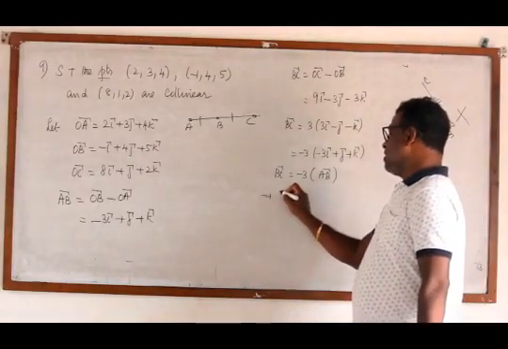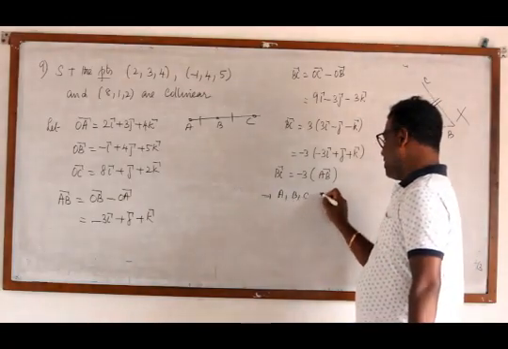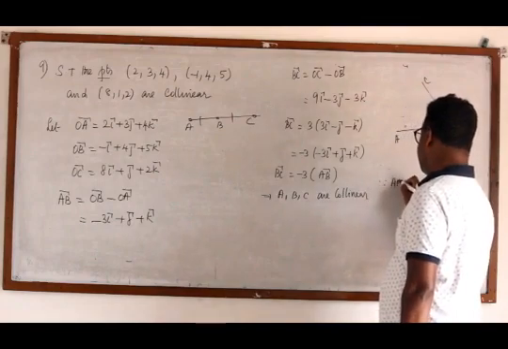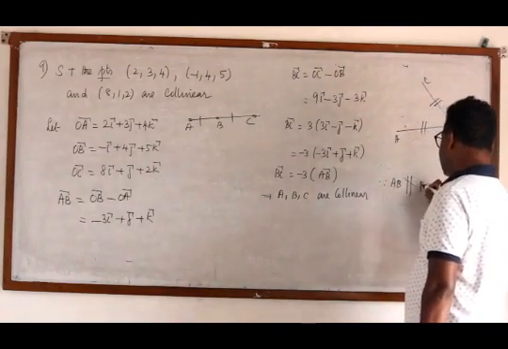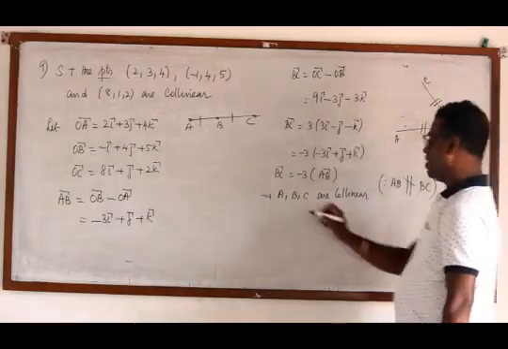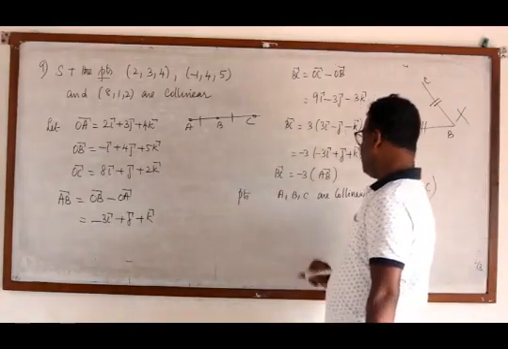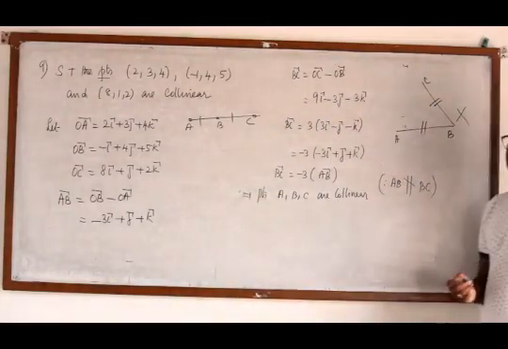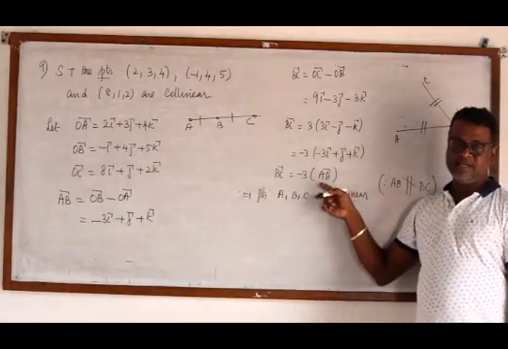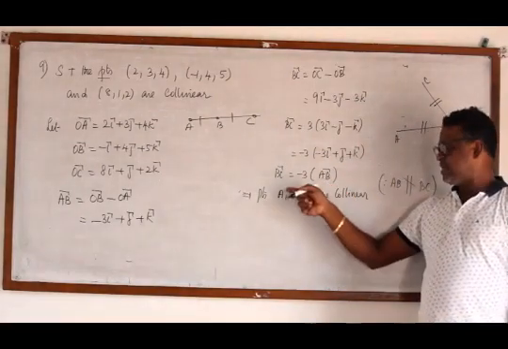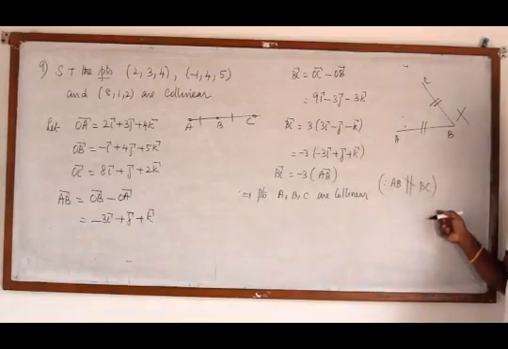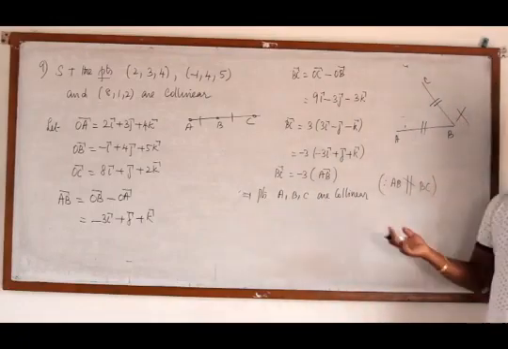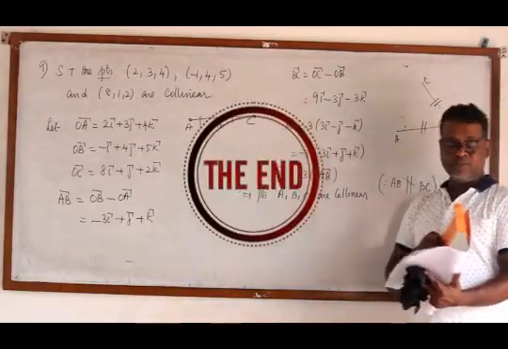Then this implies A, B, C are collinear. Since AB and BC share the point B, points A, B, C are collinear. Though one vector is a scalar multiple of another vector, they may be parallel or collinear. Vectors cannot be parallel because AB cannot be parallel to BC. Therefore, the points can be collinear. So we prove the points are collinear. With that, exercise 6.4 is over.